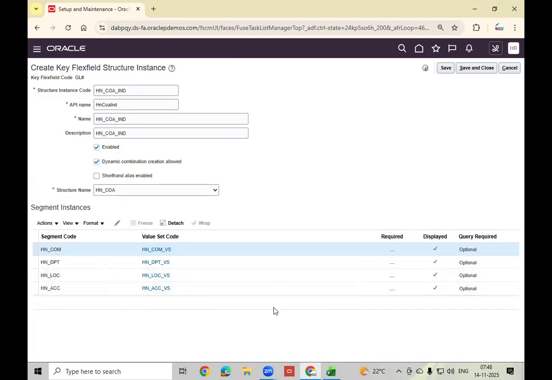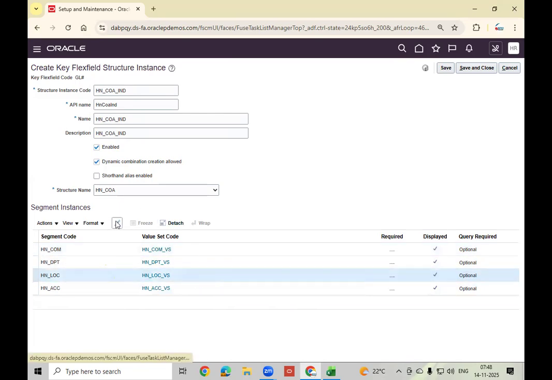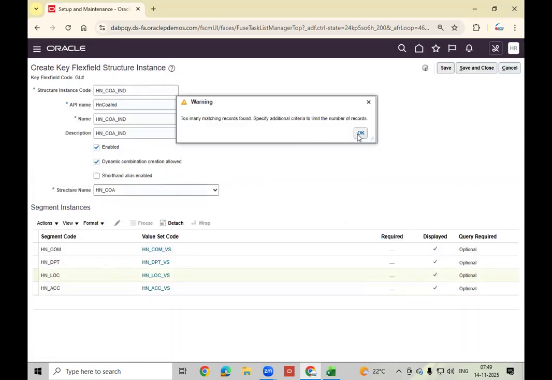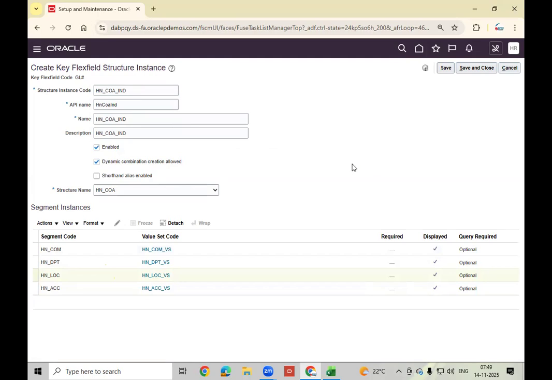So whichever you don't want to maintain, suppose location, I don't want to maintain it. So for location, disable the displayed option. It will not appear; some constant value will be maintained for it. That always exists, but on the front end it will not appear. That is the purpose of maintaining two: chart of account structure and instance.